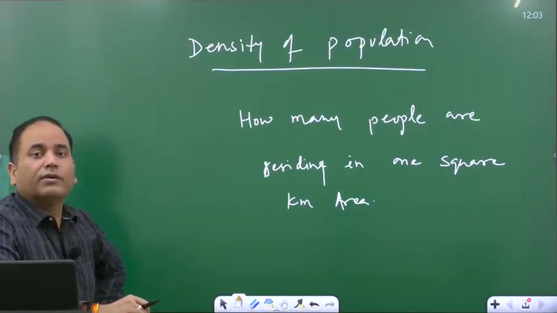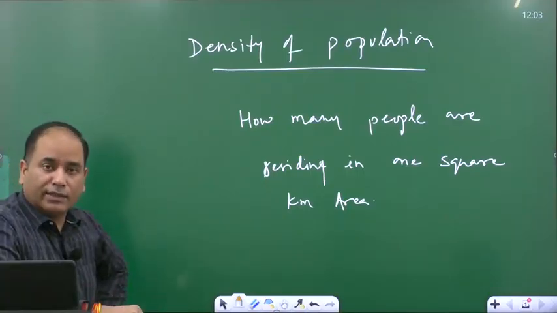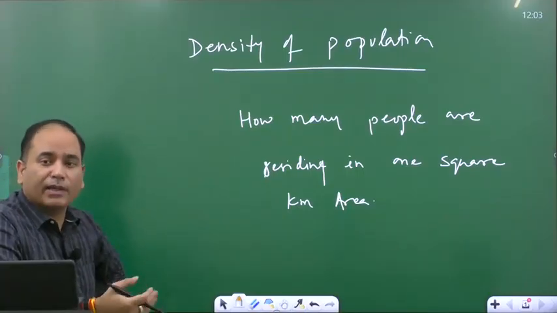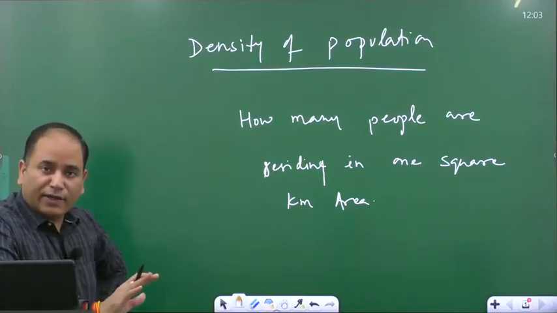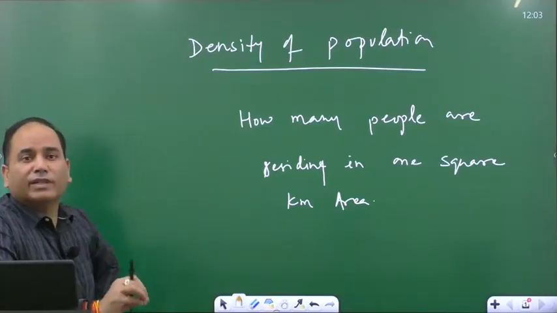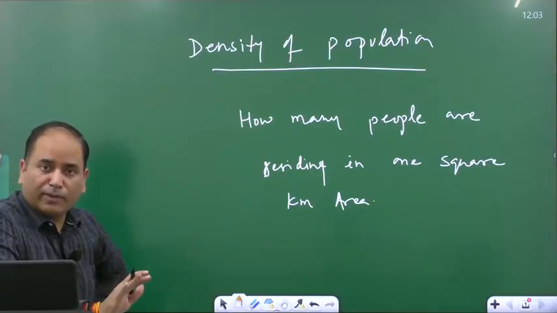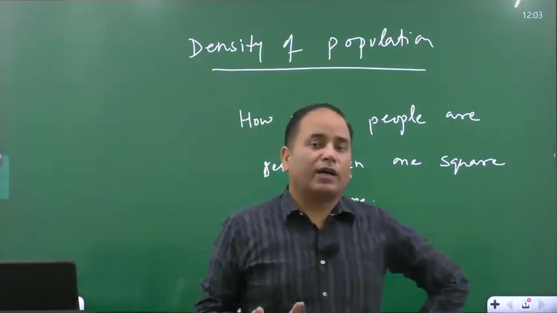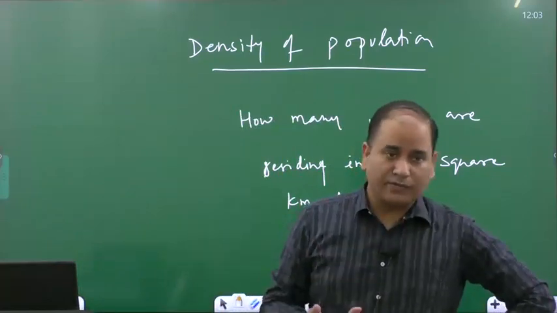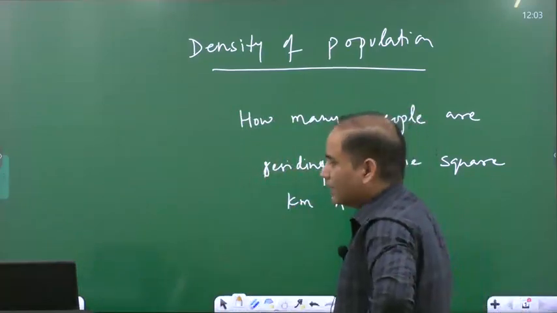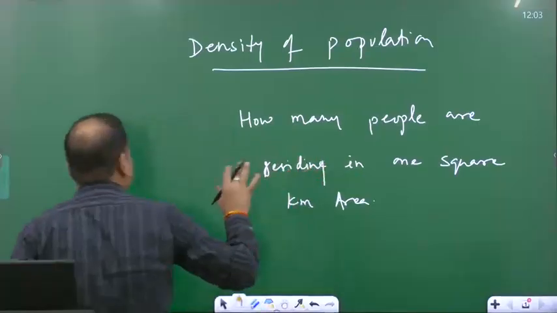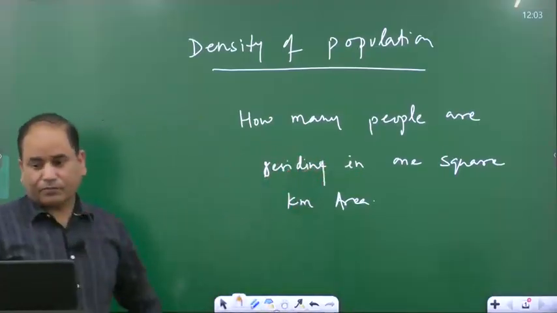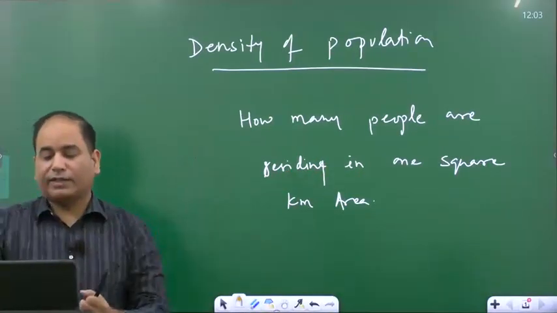We also enumerate the agricultural density. We also enumerate the arable density. So we have different methodologies to measure the density, but the most popular method, or the method which is important for our demography and population geography, is the arithmetic density. So arithmetic density, simply write a line. Arithmetic density